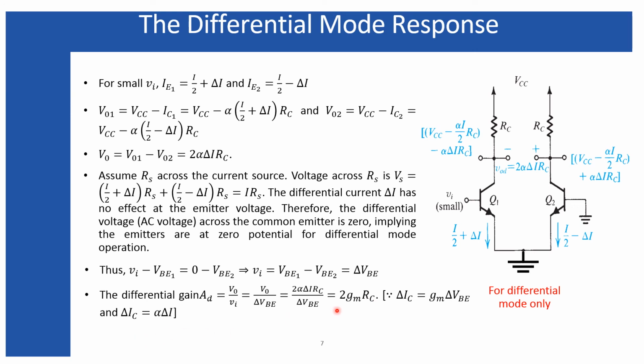Later on we will investigate this expression further. But here, the gain for the differential amplifier, when you are measuring the difference of the balanced outputs, is just twice the single mode gain, and that single mode gain is when you are measuring the V0 of one transistor with respect to the Vi. So later I will show you that the single mode gain is just half of this differential mode gain.